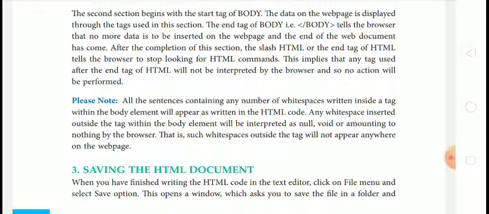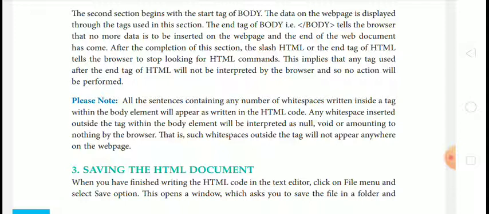As I told, whatever we type inside the body tag will display on the web browser. If you have closed the body tag, it tells the browser that there is no more data to be inserted on the web page and it is the end of the document.